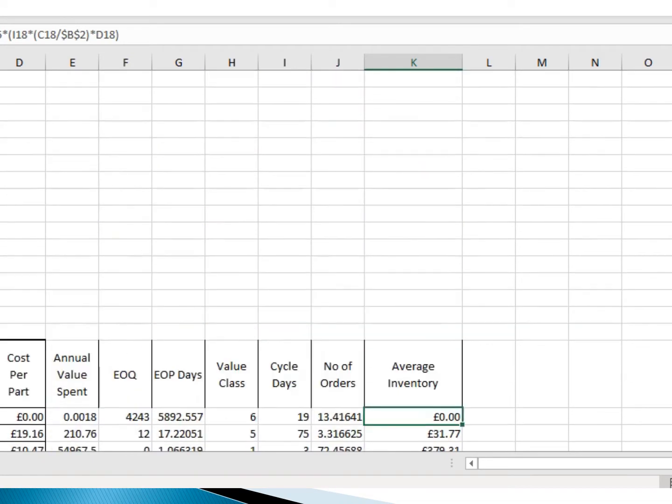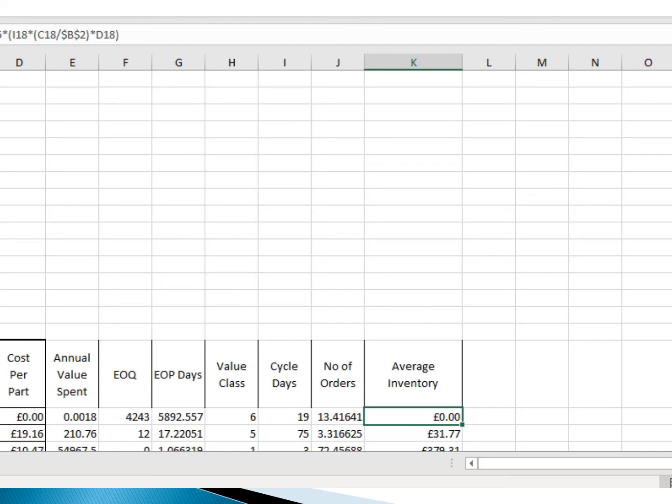This is the first constant for K, and the working days is 250, where we take the value classes 1 to 9, and the cycle days I have taken 19, 75, 3, 5, 6 and 6.